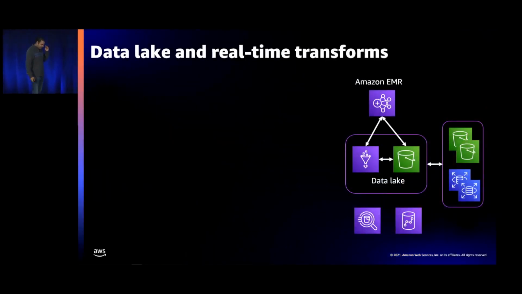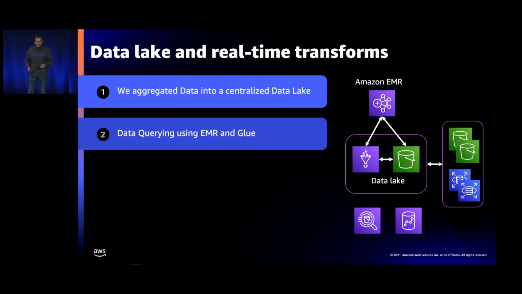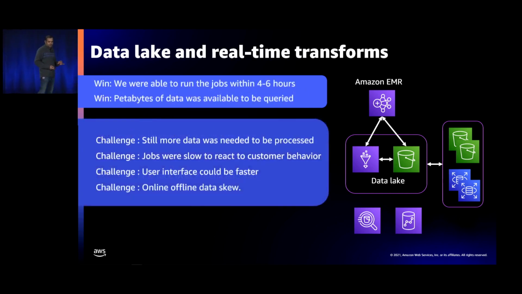Let's go deeper into our data lake creation now. The first system just centralized the ton of data that we had. It would poll daily into RDSs and take a daily dump of it. It could also hook up into S3 dumps that other teams were creating. All of the data was cataloged into Glue, and then EMR was processing all of this data. We opened up the user interfaces over Redshift and Athena, and that's how the developers would be able to query it, run analysis on it, and so on.